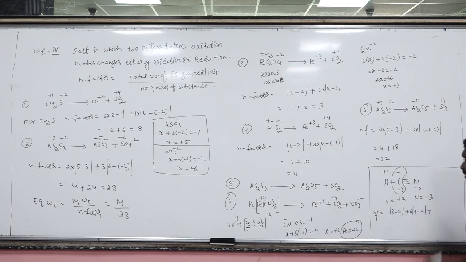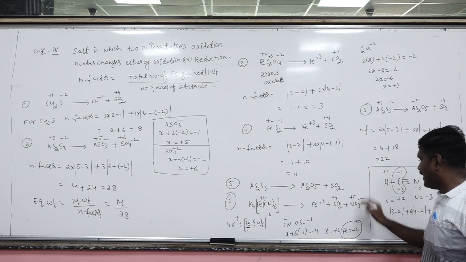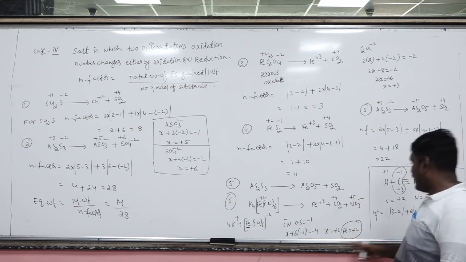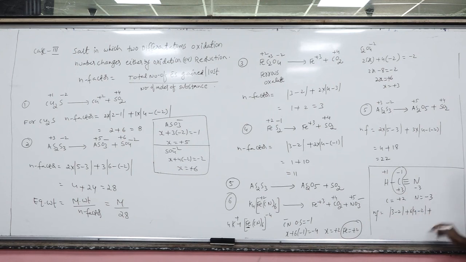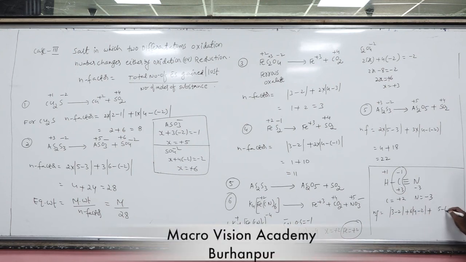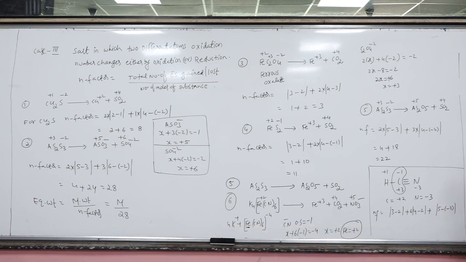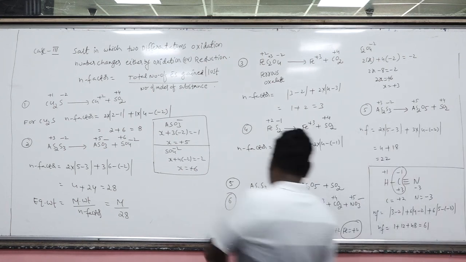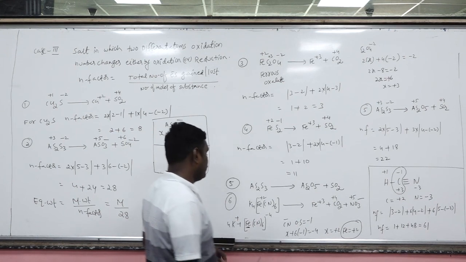Okay? Plus, what about the oxidation state of nitrogen in the nitrate ion? Plus 5. Now on the reactant side, nitrogen oxidation number is minus 3. So the change means 5 minus of minus 3. Total how many carbon and nitrogen atoms are there? Again 6. Are you getting my point? 3 minus 2 becomes 1. 4 minus 2 means 2. 6 twos are 12, plus 5 minus of minus 3 is 8, 6 eights are 48. 48 plus 12, 60, plus 1, 61. This is the N factor for potassium ferrocyanide.